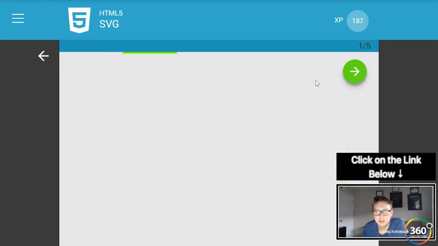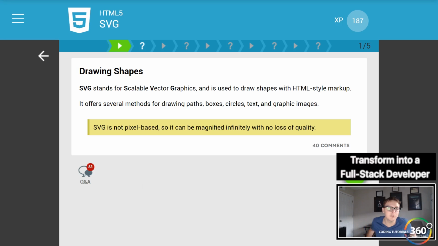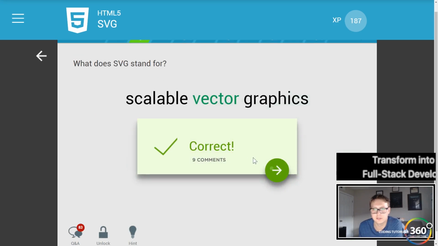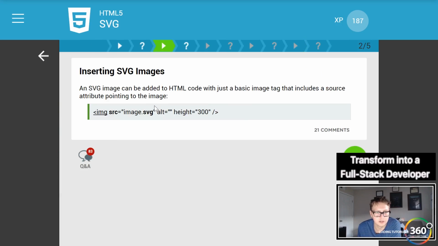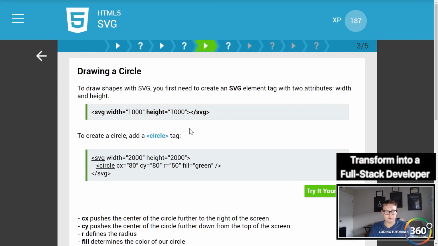Cool. SVG. So scalable vector graphics. So basically this is just an image that can be scaled to an infinite size without changing. It's a type of file format for images where you can scale an image to anything that you want and you won't lose any quality because of the way that it's designed. So you have to basically just use .svg. So we have an image, and it's my SVG, scalable vector graphic, and to draw shapes,